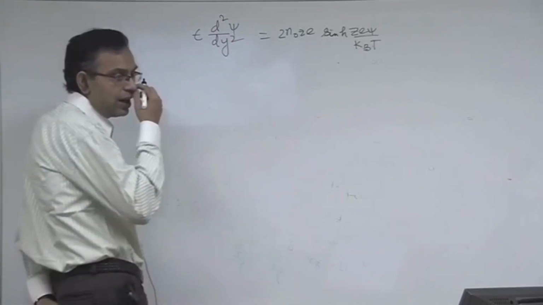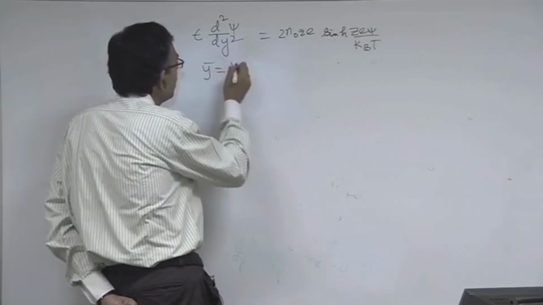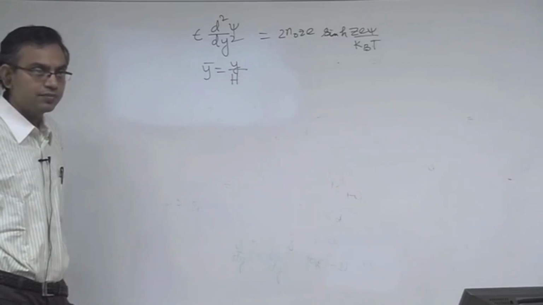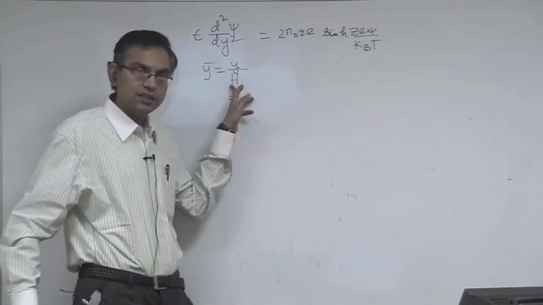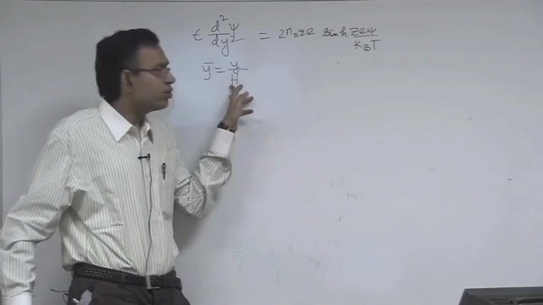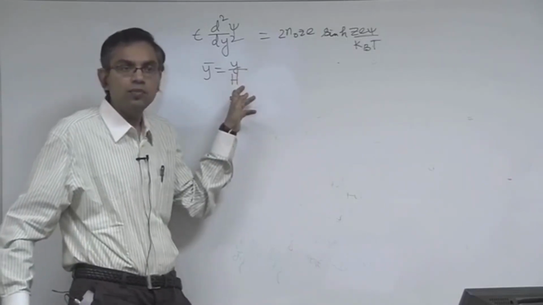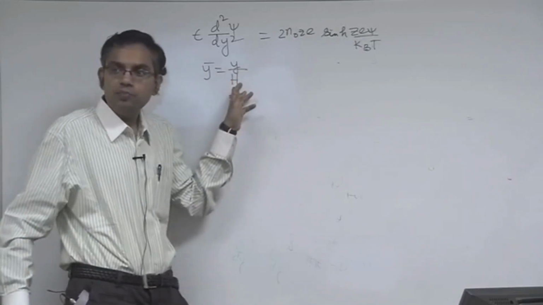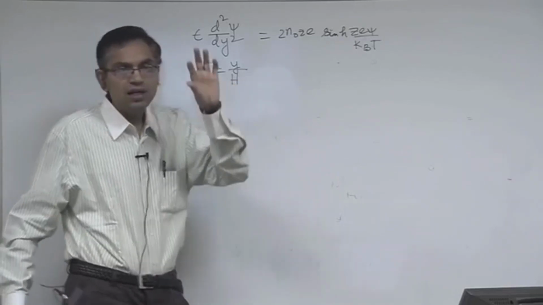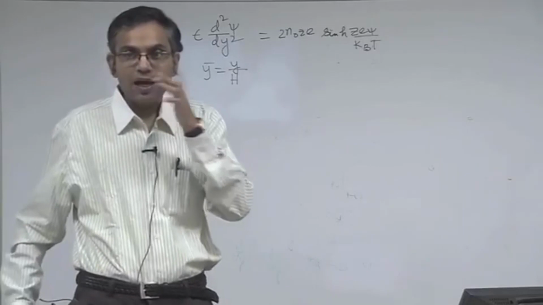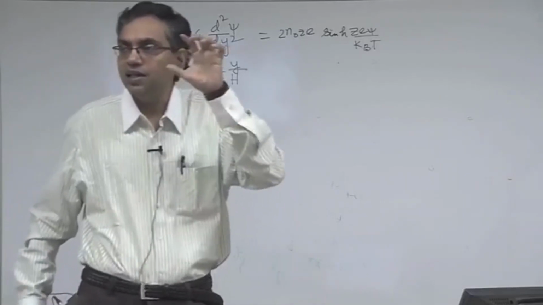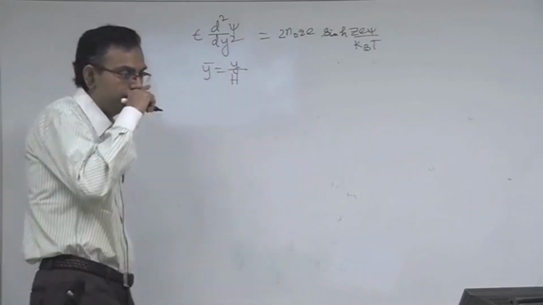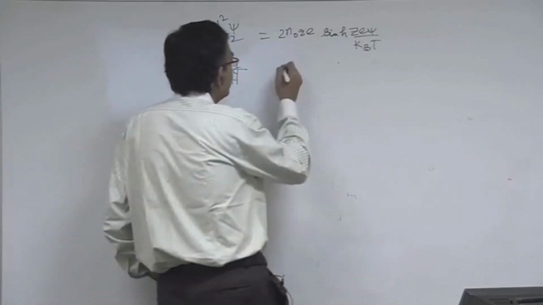To non-dimensionalize, let us say y bar is equal to y by h. So, we non-dimensionalize with the half height of the channel. You could as well non-dimensionalize with lambda, there is no problem. This is just another non-dimensionalization I am showing. This is also an important non-dimensionalizing parameter because it happens to be the characteristic system length scale, and what matters is how this system length scale compares with the Debye length, that is what is governing the physics of the problem. And psi bar,